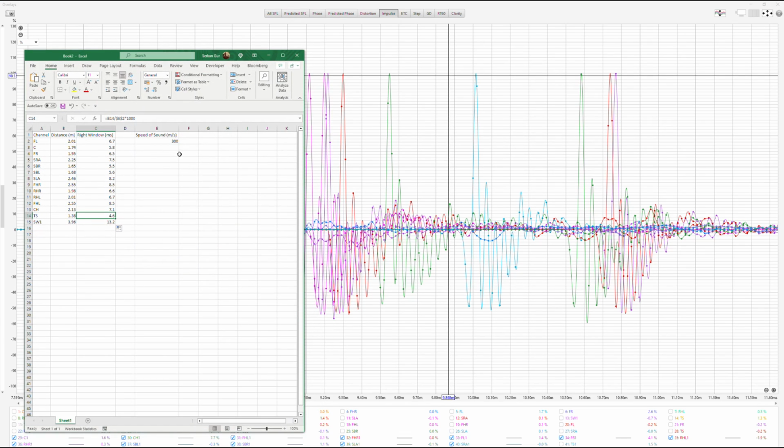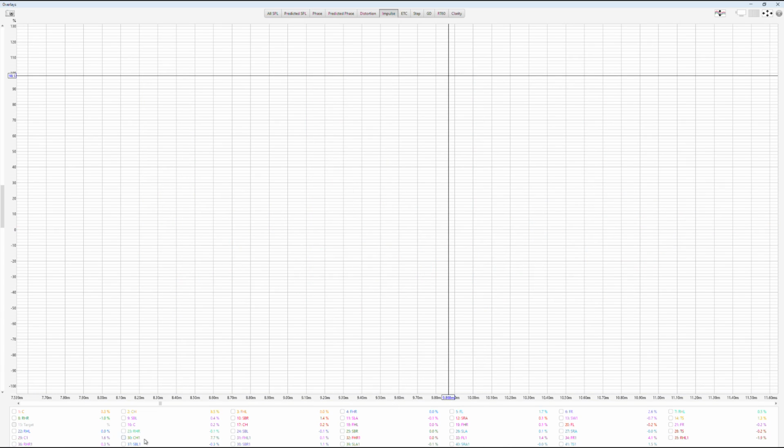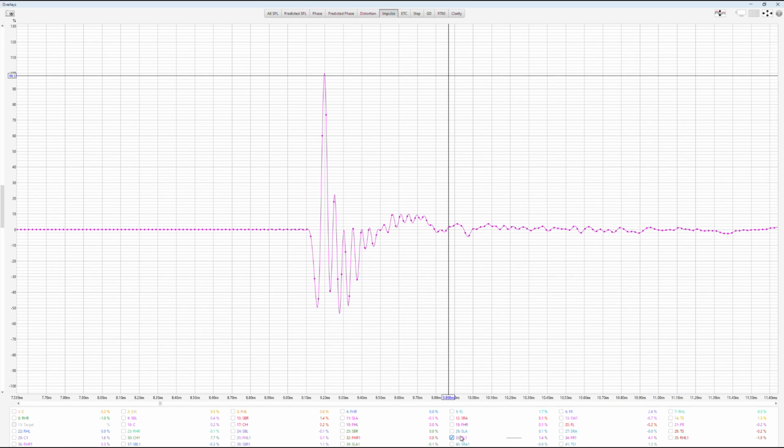You have to accept one of the Odyssey measurements as correct, and they are not usually very wrong, but it's easy to measure front left or front right or center speaker to the LP, central LP. So let's think of that as correct. When I say correct, if your speed of sound is 300 and your real distance is 2.3 meters, then you can think of FL at 2.01 as correct. Okay. Now, when FL is correct, clear selections, choose FL1. You're trying to find the correct distance of C1.